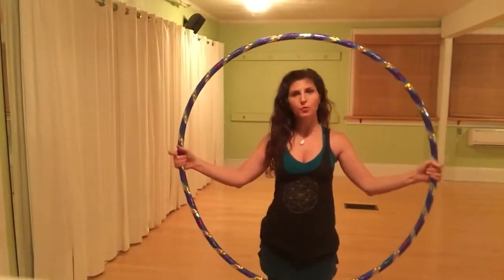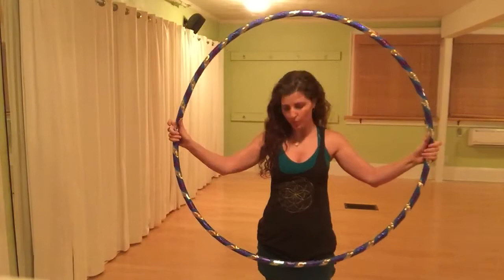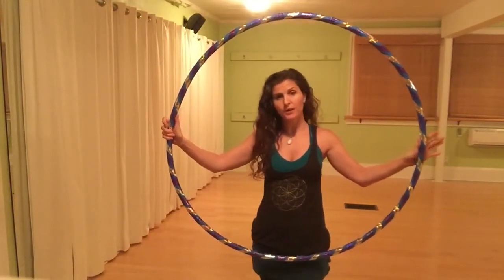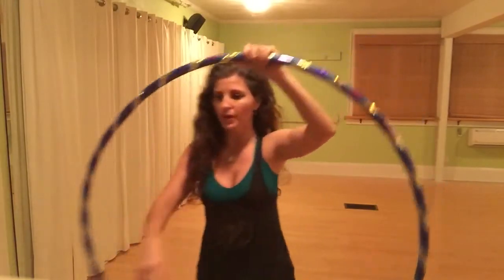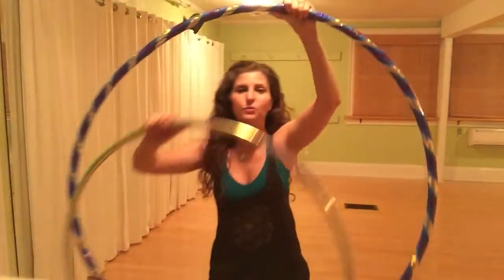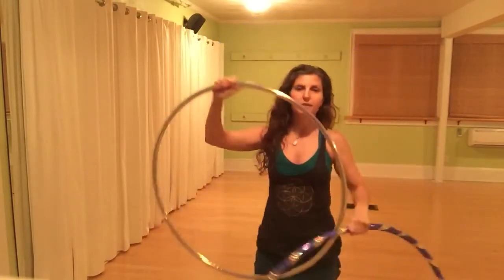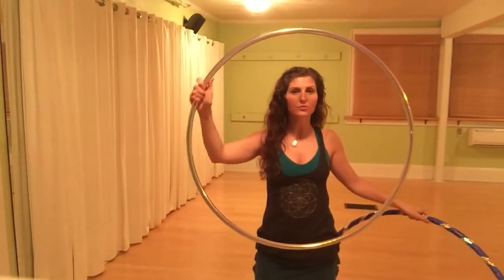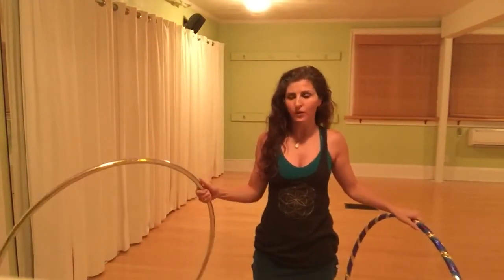All right, so the first thing that you need is a hoop. I suggest a fairly large sized hoop, or large by today's standards. This is a 41 inch. The hoop that I currently use is about a 31 inch. This size hoop that I currently use is probably more in line with children's size hoops that you can find,